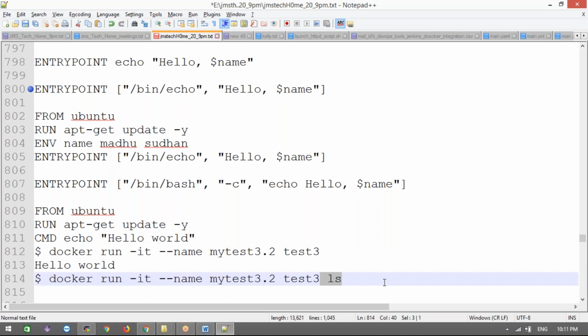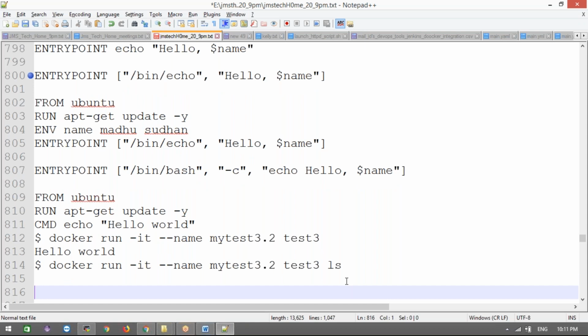Are you guys clear? CMD, when we are going to use the CMD, and in your real time, when you feel I need to override some parameters while running the docker run command, simply go blindly with the CMD command. And if you feel that you don't want to change your executable command, you need to go with the entry point. That is the main difference. For example, if you need to pass some parameters, like an environment variable, or a version number, or a tag number, those are the kind of things we use CMD for.